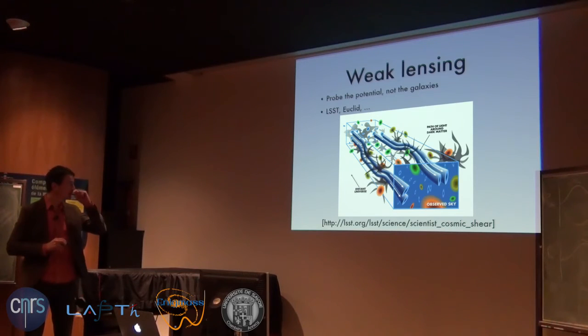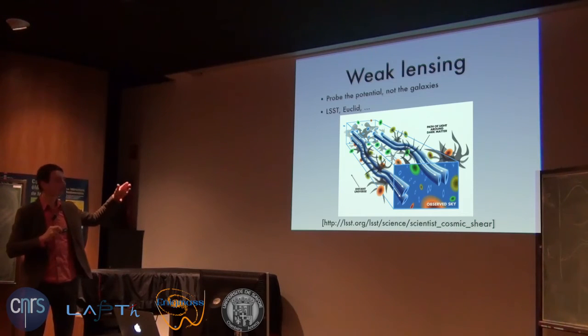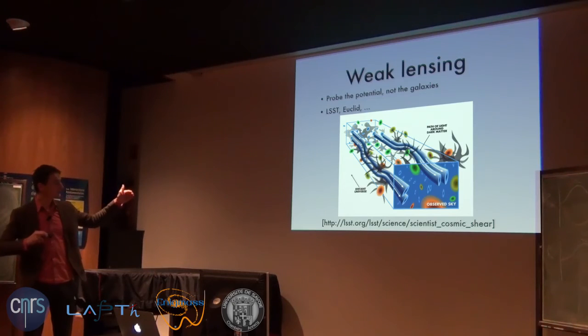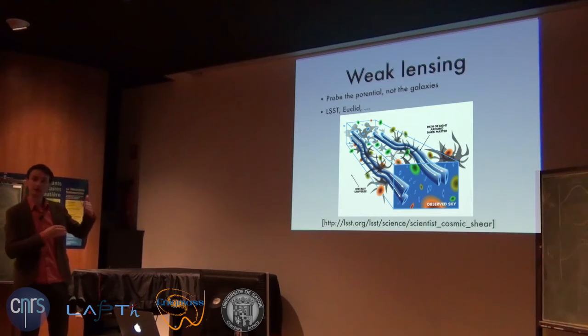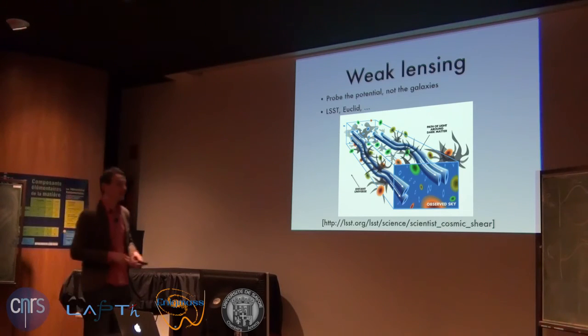One thing I didn't say is that, of course, you can cut your observations into different redshift slices, because we observe these galaxies at many different redshifts. So if you look at the preferred orientation of galaxies at different redshifts, then you are actually sampling the upper bound of your integral of the gravitational potential. That's called weak lensing tomography. Because the integral